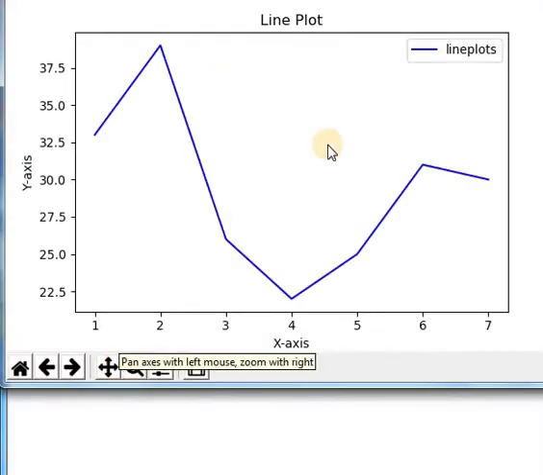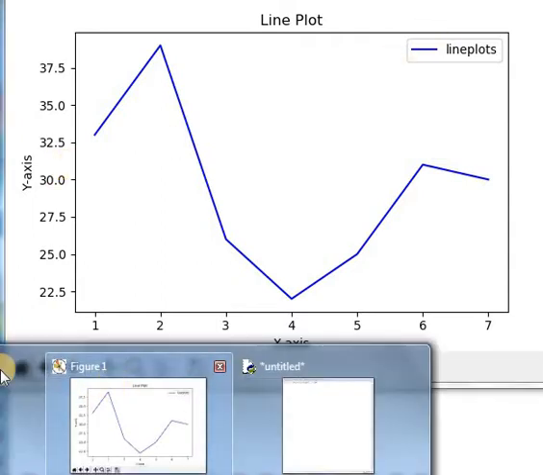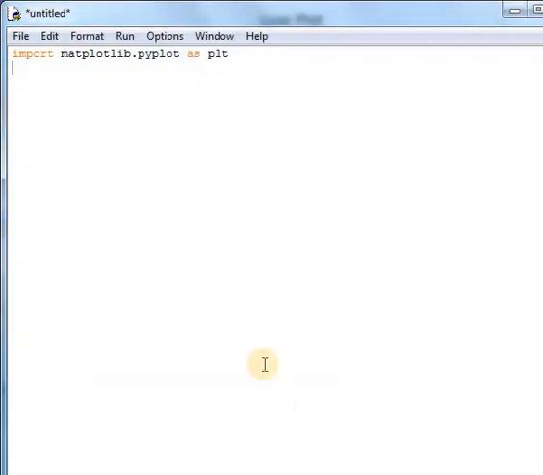Now in this figure you can see that the x-axis represents the days and the y-axis represents the temperature. So what I will do here, I am declaring two variables. Here I am declaring the list x equal to 7 days: 1, 2, 3, 4, 5, 6 and 7. So in my list there are 7 values.